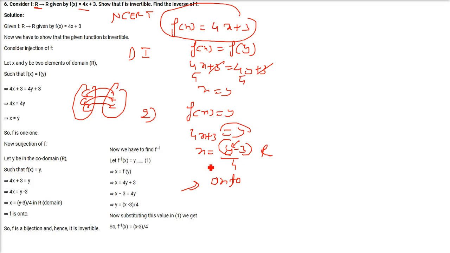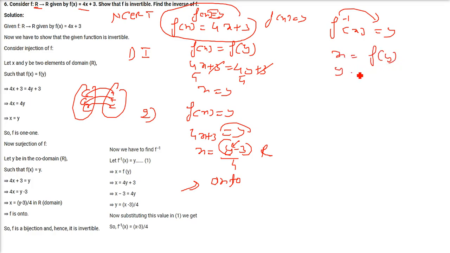So how do we find the inverse now? Same as we did in the earlier one. f(x) equals y is what we are dealing with. What is the inverse? f inverse of x equals y. Basically x equals f(y). f(x) equals y is the original. f inverse of x equals y is the inverse one. So x equals f(y), so y is equal to f(x).